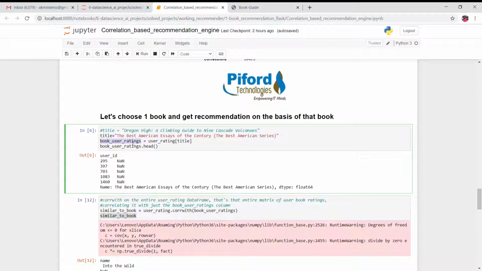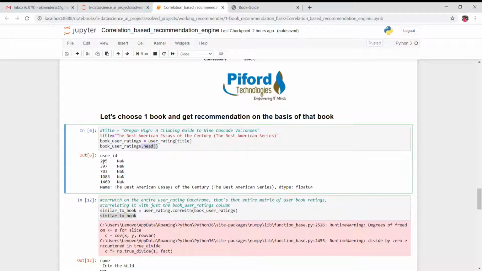Now I want to see what different ratings this particular book got, right? For that, if you remember, in the user_rating variable I have created a pivot table. So I'm applying that pivot table on this variable, in which we have this book. What we will get is it will tell us which different users have rated this book. And then we are printing the results. Dot head means we want to see the first 5 results.